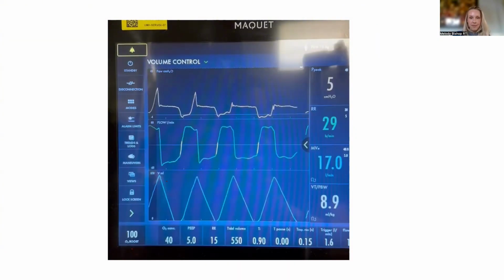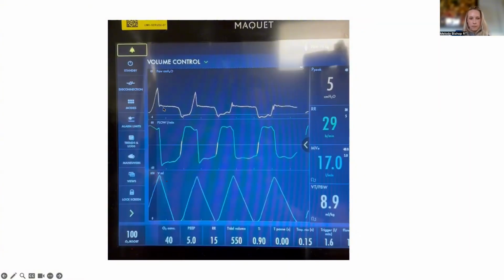Because, I mean, this is a little bit of a, oh man, this is so bad. So if we go back to our initial kind of, what should it look like? And I don't know, maybe I'm too pie in the sky that everyone should understand what a normal waveform is. I think we can all agree that even if you spend any time in the ICU, this is completely off the charts abnormal, right?